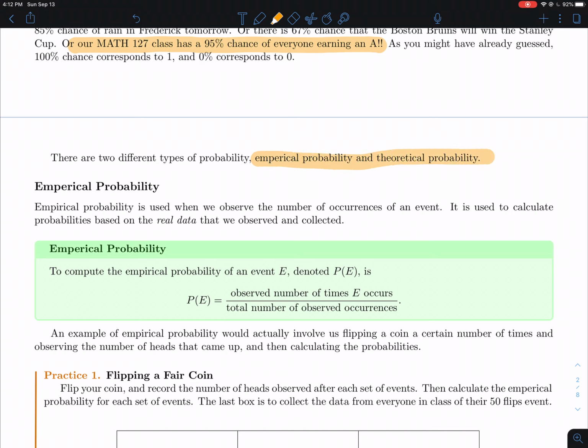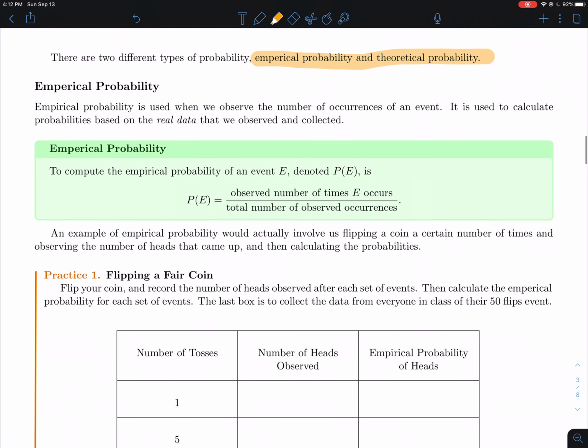So there's empirical probability and then there's theoretical probability. Empirical probability is where we actually observe something. Like we actually flip a coin, we actually roll a die, we actually ask people a question. So that's where you're actively involved in the process. And so based on your observations, the flipping, the rolling, whatever, you're trying to figure out what these probabilities will